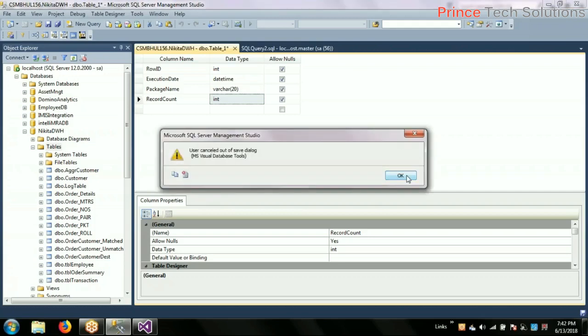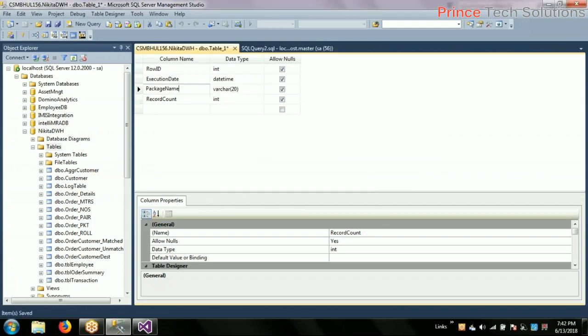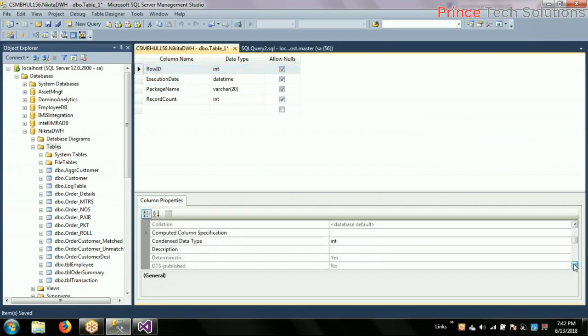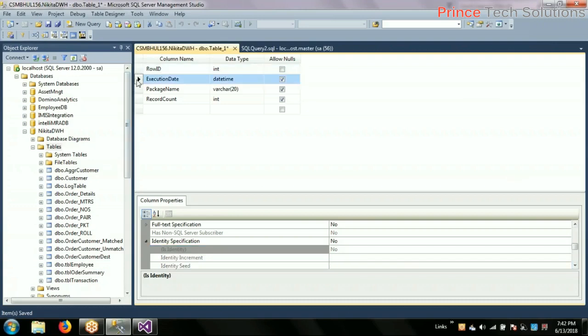Now, one more thing. I want this date time to be automatically inserted just like we have identity. In identity, the ID will be automatically inserted if you fix this identity status field. If it is fixed with identity yes, then I don't have to explicitly insert the record over here. The record will be automatically implemented over here starting from 1, 2, 3, 4, 5 onwards. And like that, in the execution,